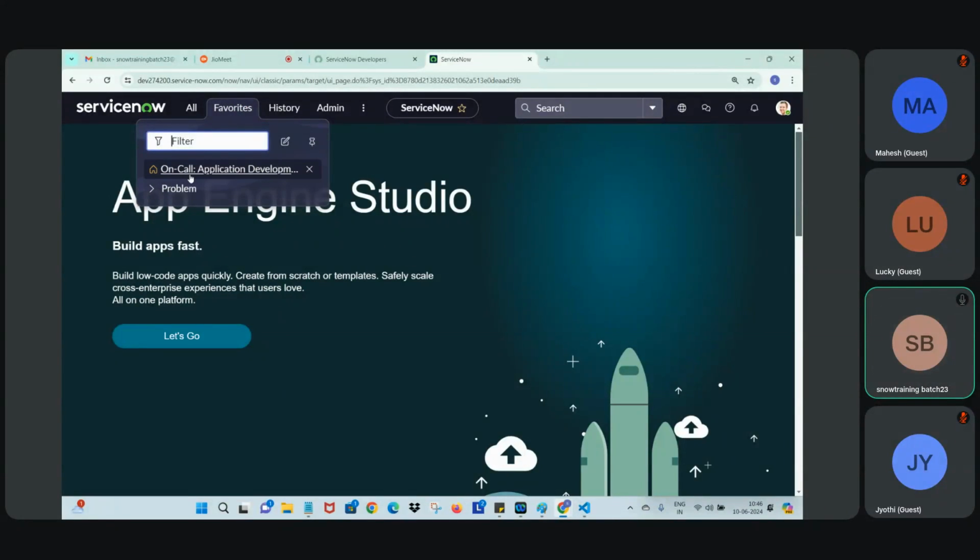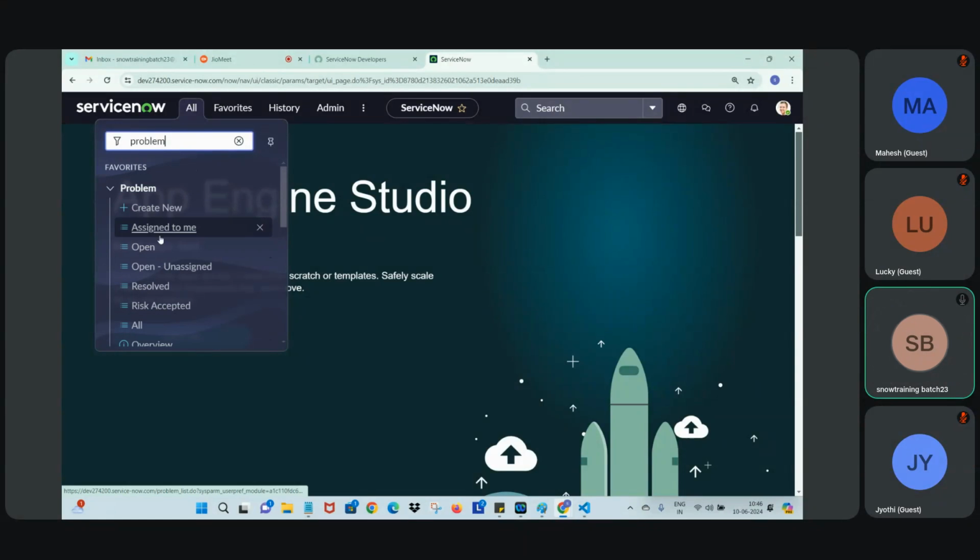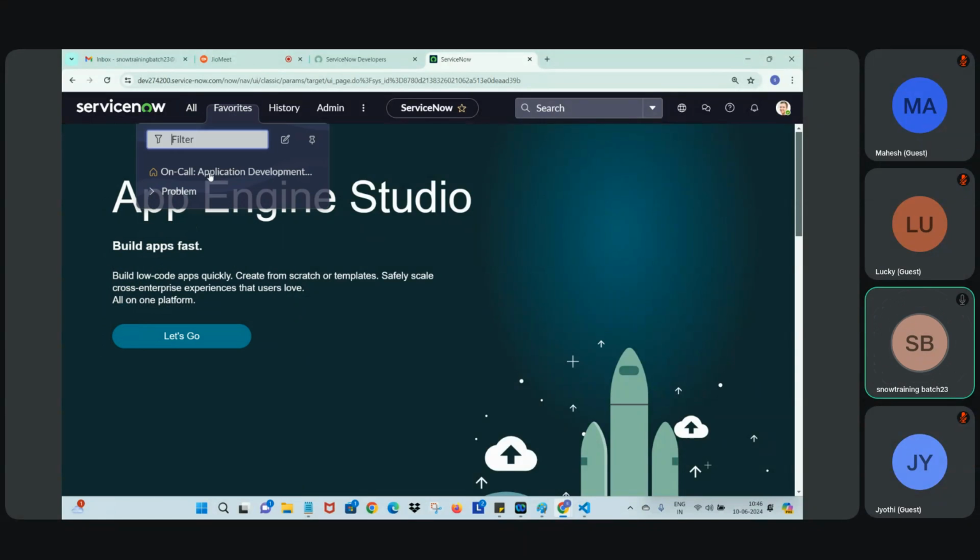Now, the second option, which is favorites. When you go here, you can see that application. So whatever you are making an application as favorite will be available under this favorite section. And then